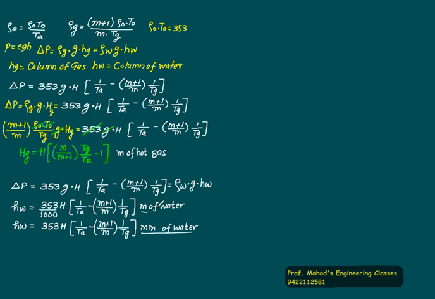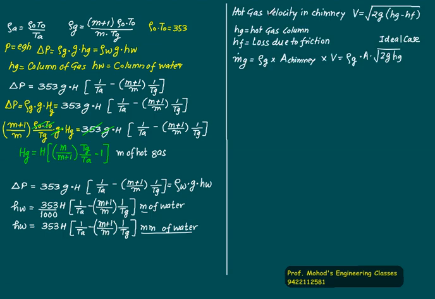So Hw is always expressed in terms of mm of water and is given by 353 times H into 1 upon temperature of cold air minus air fuel ratio plus 1 upon air fuel ratio multiplied by 1 upon temperature of flue gases. The hot gas velocity in the chimney is normally calculated using the equation V equal to under root 2